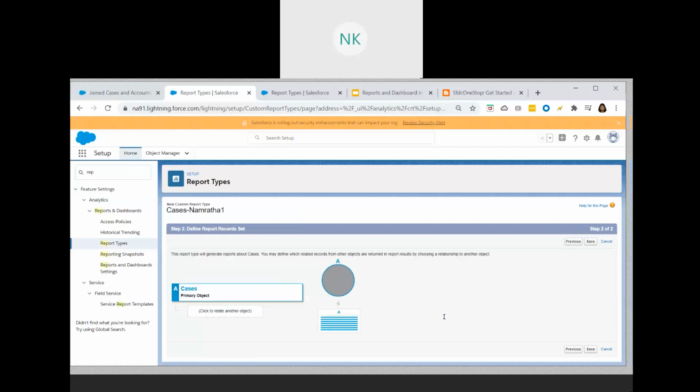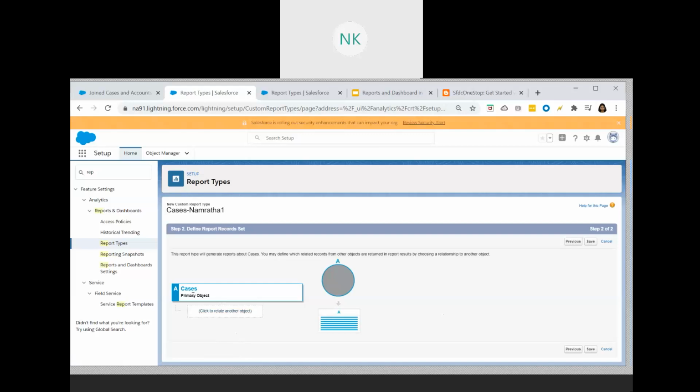And if we are removing an object from the report type, so here we will be using a different set of objects, and if we remove any one specific object from the report type, then all the references to it will also be removed from the report type and the dashboard. So these are certain points that we need to remember when we create a custom report type.